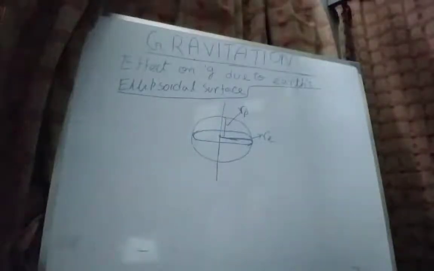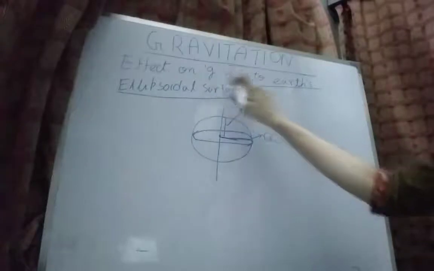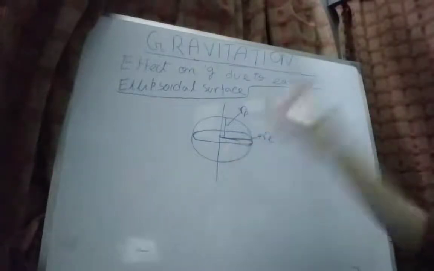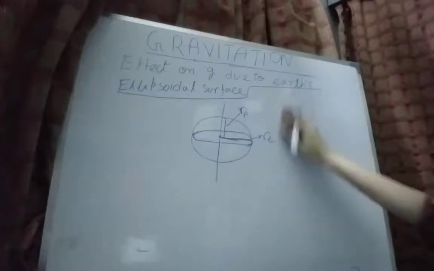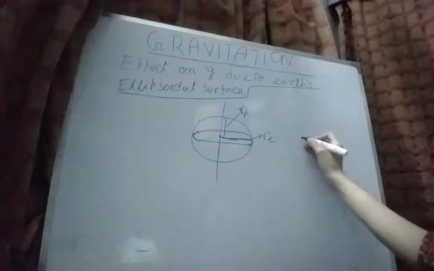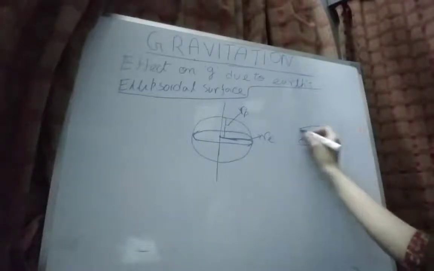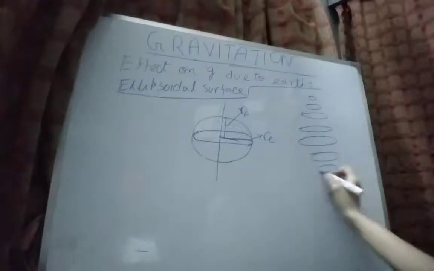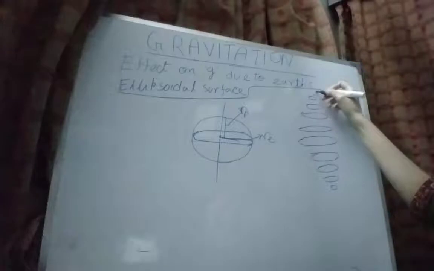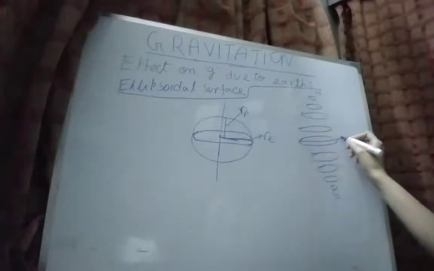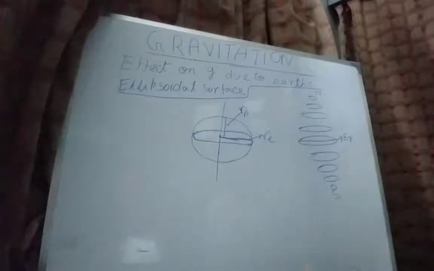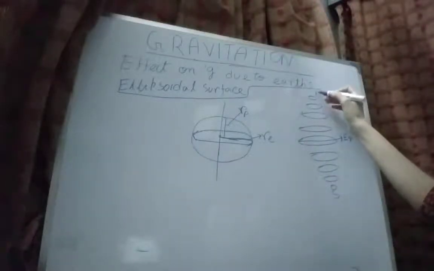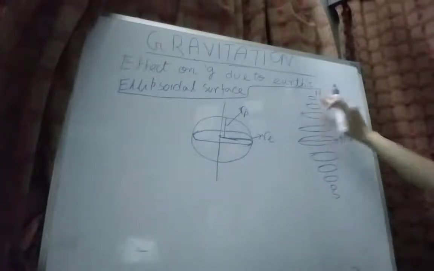Morning class, this is gravitation part 6 and today we will learn the effect on the gravitational acceleration g due to Earth's ellipsoidal surface. Now Earth is not a perfect sphere, actually it is quite elliptical in shape, and if we consider that the Earth consists of some elliptical disks, these two are the polar regions and this is the equatorial region. From here we can see that the width is maximum in the equatorial region and the width in the polar region is minimum. So combining all the disks we get